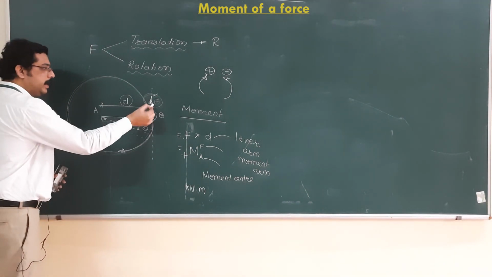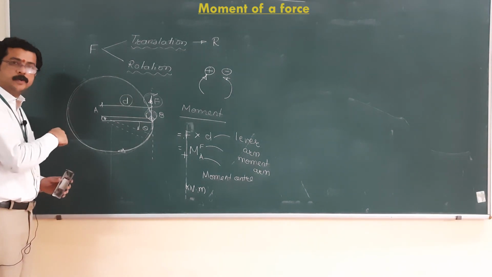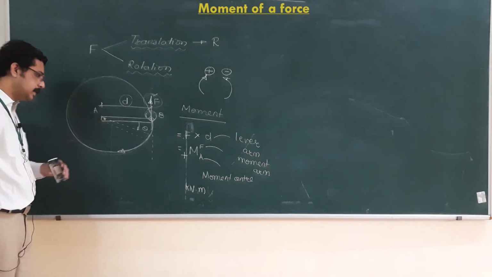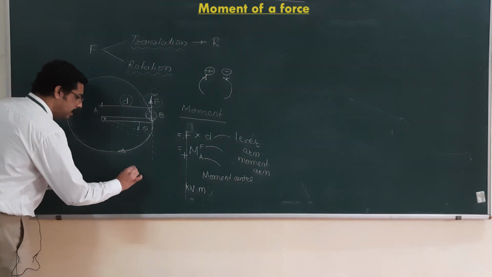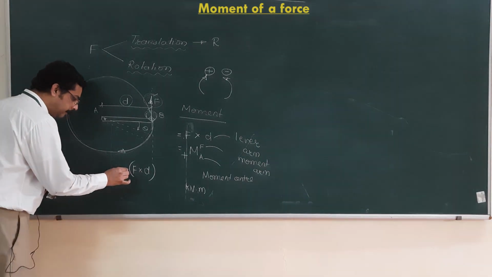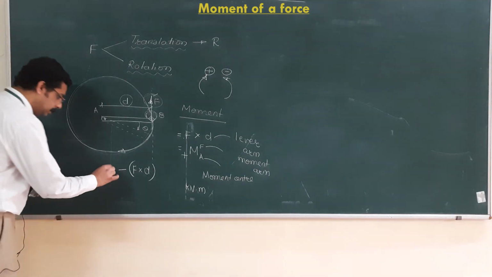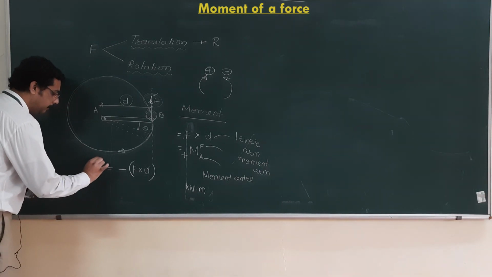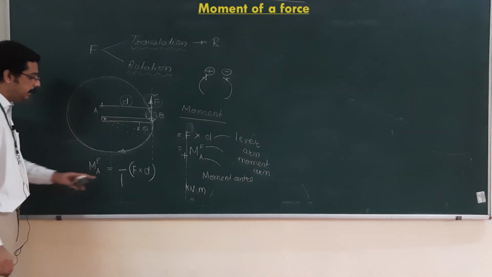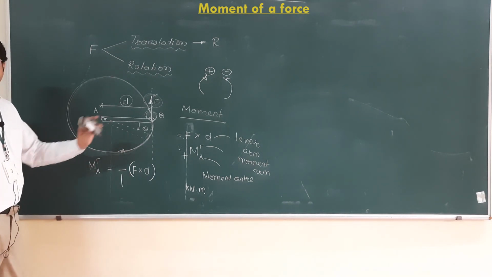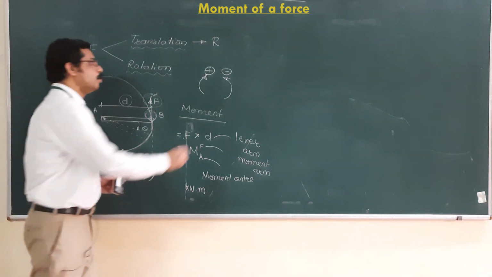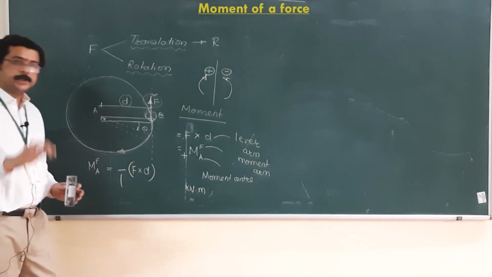So the moment created by that force will be a positive moment. Suppose the arrowhead is upward and we have tried to draw a circle. The circle is going to be anti-clockwise. Hence, what will it be? It will be F multiplied by D completely in bracket, and we will be putting a minus sign outside, and this will be written as moment of F about point A. So what does this indicate? It indicates that the moment is anti-clockwise. Alright. So this is the sign convention which we adopt in moment calculation as far as a two-dimensional force system is concerned.